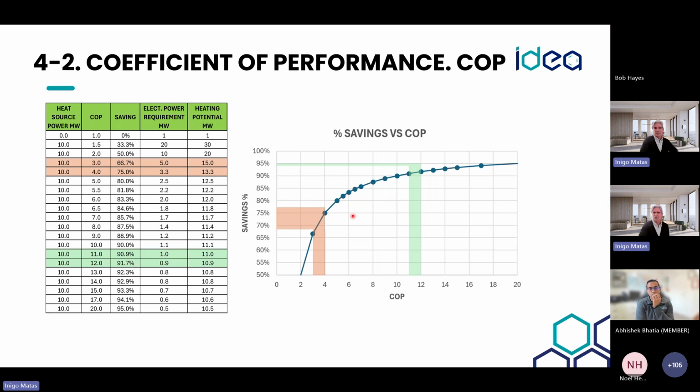We can see in the trend that at the beginning it is more linear, like if the COP is 3 compared with an electric boiler that has 1, the savings will be accordingly. But when we are going from a COP of 10 to a COP of 11, or in this range, as we can see, the savings are not as big.